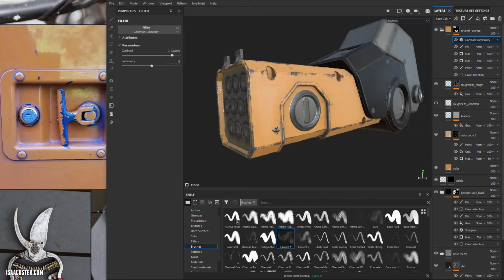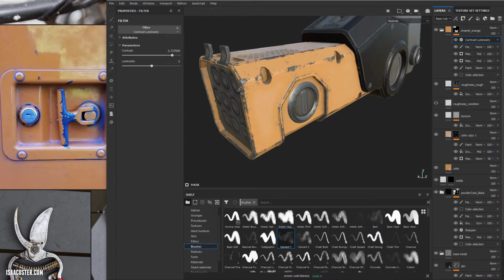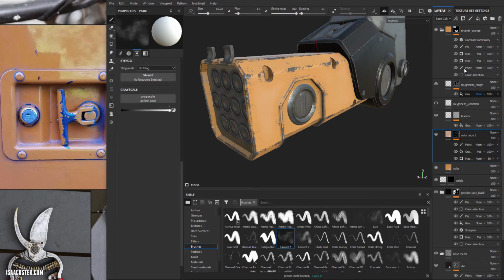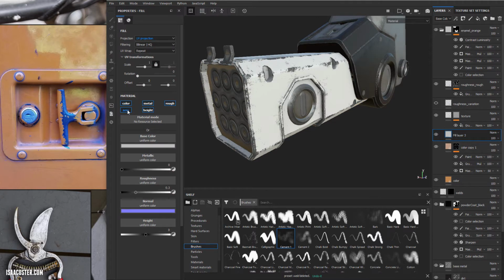All right, we're going to add a little bit of this dusty stuff here. So I'm going to make a new layer. We will make a fill layer. I'm going to turn off everything except